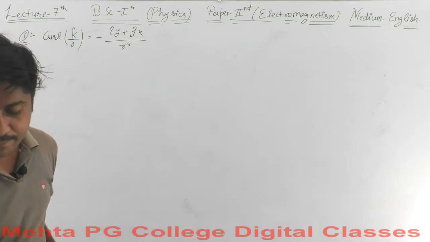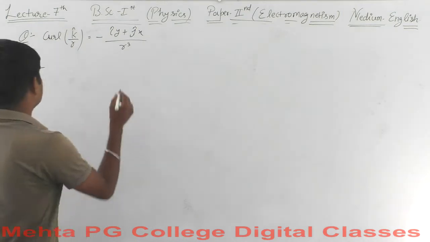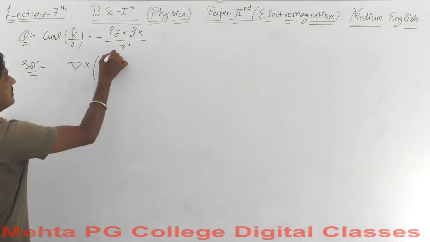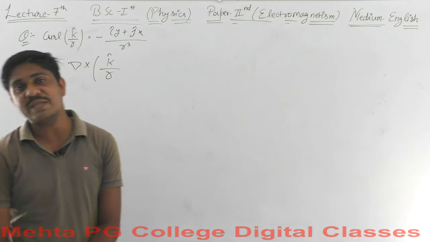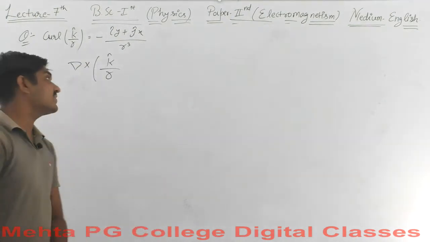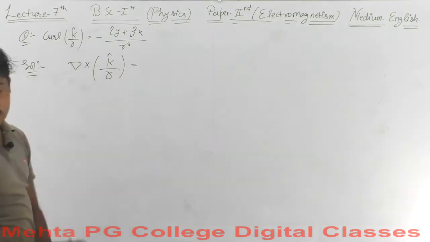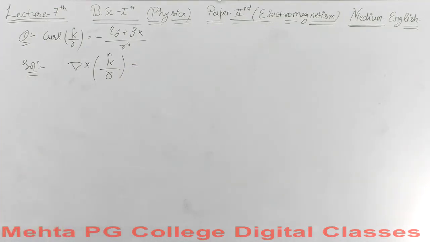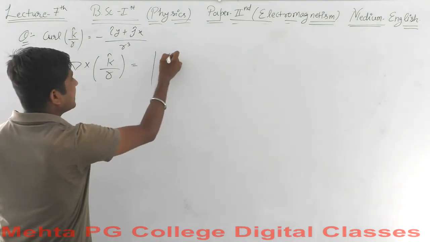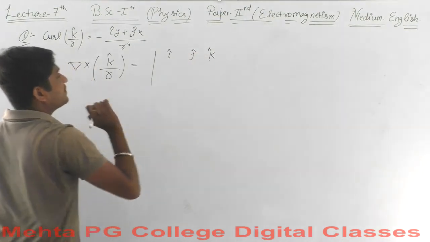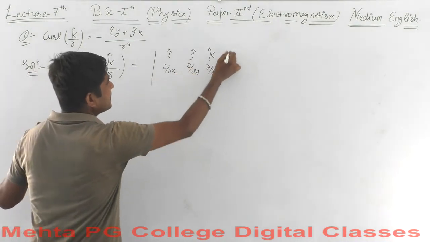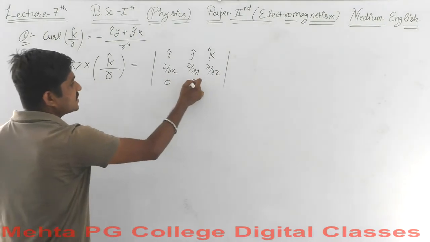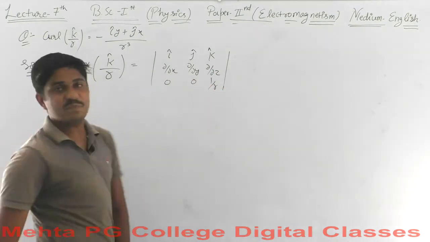Okay, for this example we are going to get del cross k cap over r. So the value will exist only for the k cap component, that is, for the r vector only. So what will the values be here? The values will be for the cross product: i cap, j cap, k cap; curly over curly x, curly over curly y, curly over curly z; and the components here are 0, 0, but 1 over r. So these will be the components here.